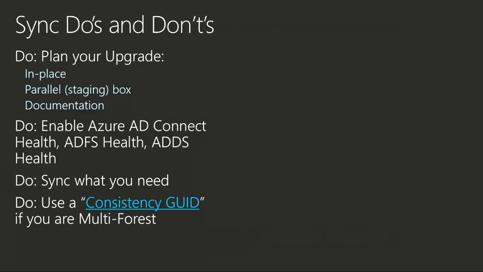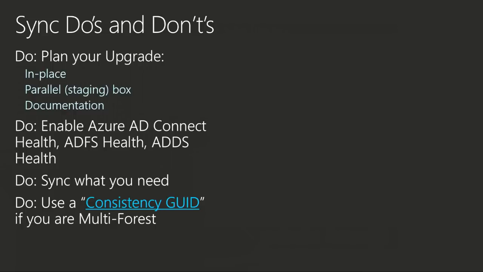Use the consistency GUID. That's the diagram that we'll talk about, that we'll go back to. Those of you who are especially large enough enterprises, in my opinion, anybody above 20,000 should really think about this. AD Connect is starting to do it out of the box for newer versions, but if you have an older version, this is a deployment configuration. This hyperlinked phrase is an article about how you can set it up yourself